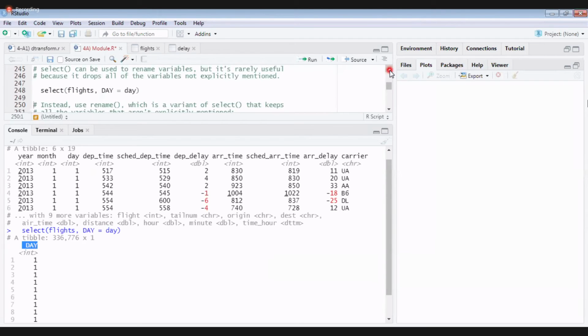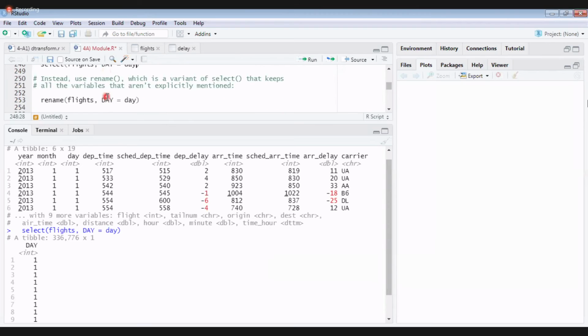Column name is changing, but the remaining columns are not selected. Only the particular column is selected. If you want the remaining columns, you have to explicitly mention those columns again. That is the reason we don't use select for rename. We can use select for rename, but it's not advisable. So what is the other function? Sir, now if we select the whole table, it will show capital Day. Yes, I will show you.